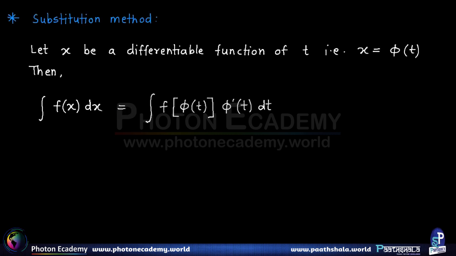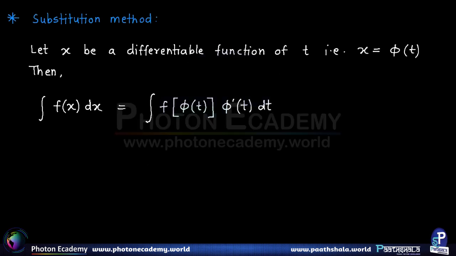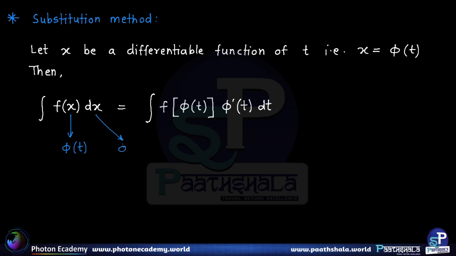The first method is the substitution method, and here is the statement of what we do in that. That is, let x be a differentiable function of t. That is, we can denote x by phi of t, which is some function of t. Then the integral of f of x dx can be written as the integral of f of phi of t multiplied by phi dash of t dt. So what it means is, if we replace the x by phi of t, then dx will become phi dash of t